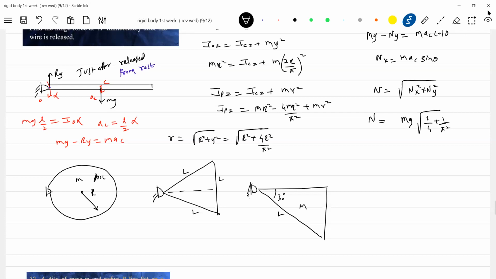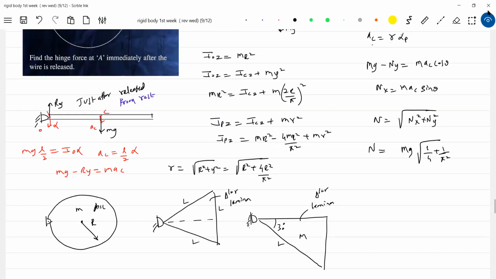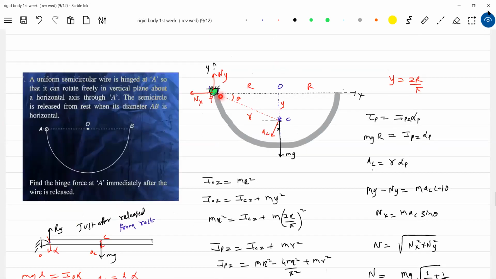What about the reaction then? So many things are there. The triangular lamina, so many shaped objects can come. Even they can bring some particle and attach it here. It'll become unlimited. So at least I think this is one case. This is not a generalized one. No, this will become some sort of generalized.